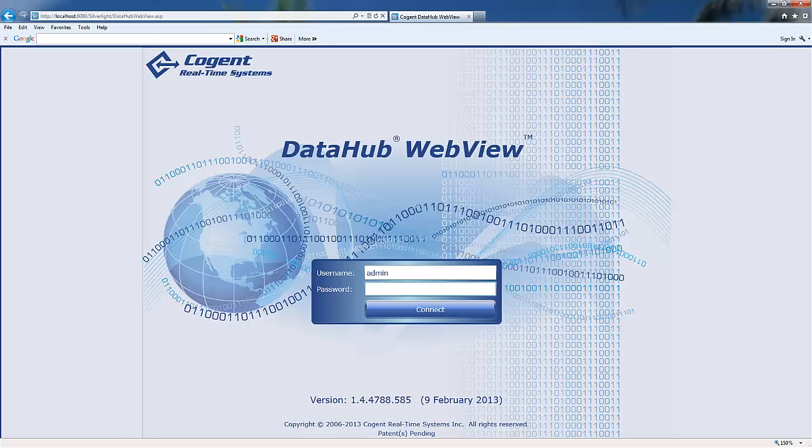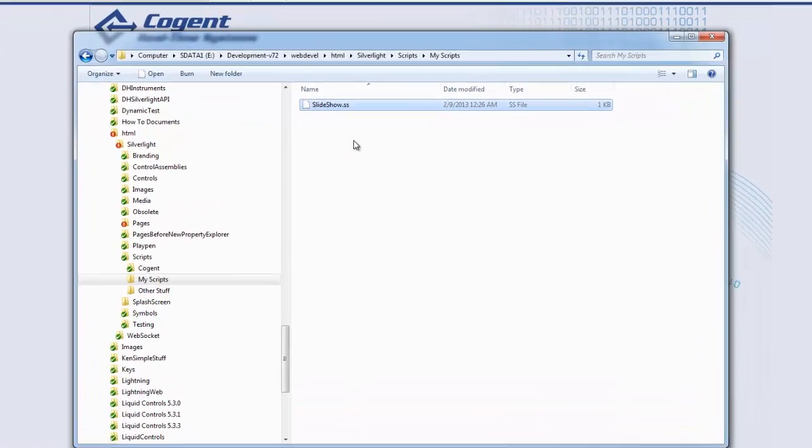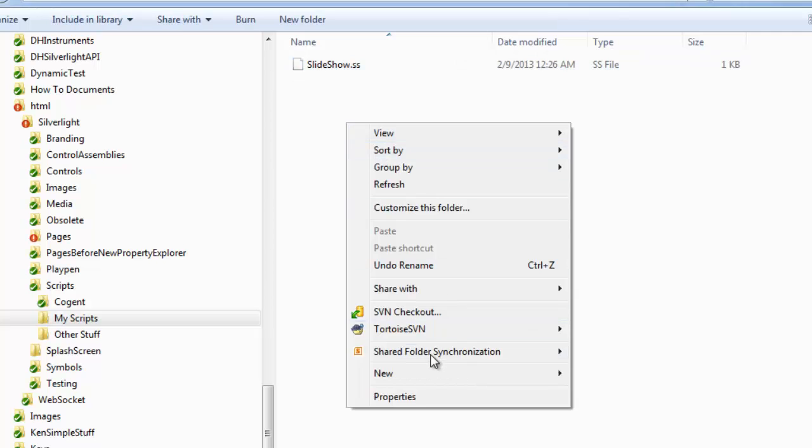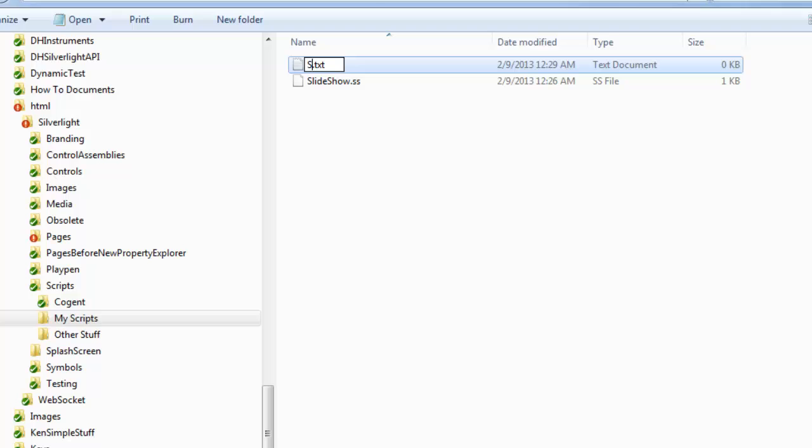So what I'm going to do here is come back to our scripts file, and in addition to slideshow.ss, I'm going to create a second file, and this one is going to be called start slideshow.ss, and this one is going to